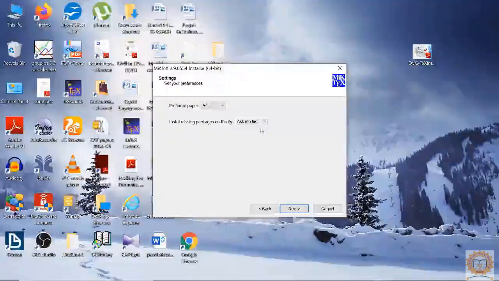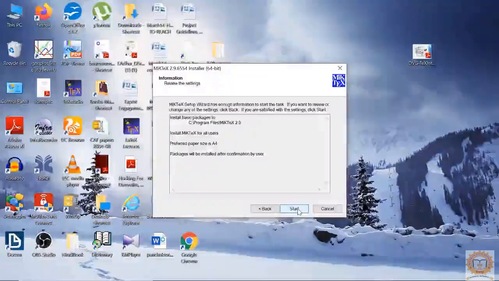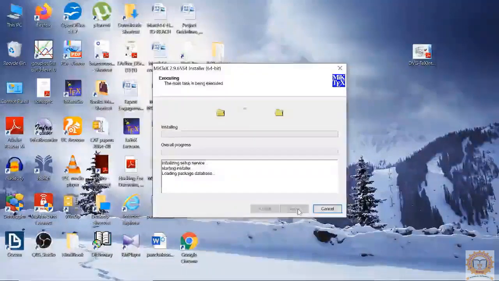Okay. And preferred paper size and all these things. Install missing packages, ask me first. You keep it like this. Okay. Go next and start installing it. It starts installing.